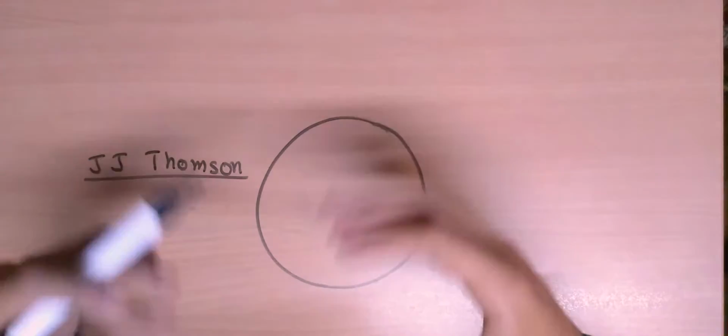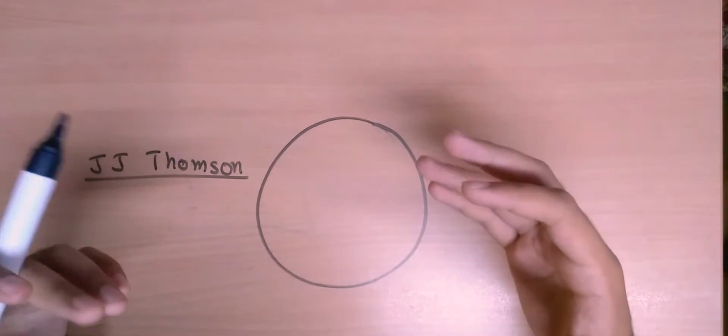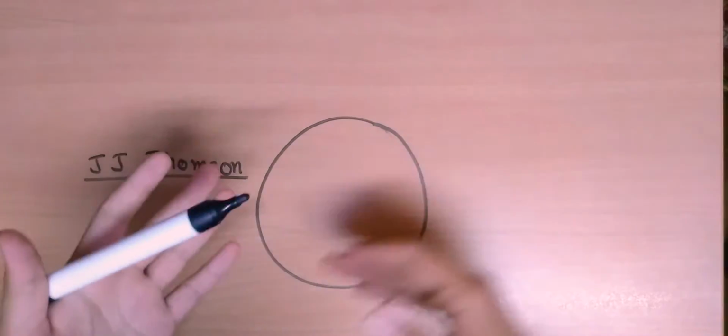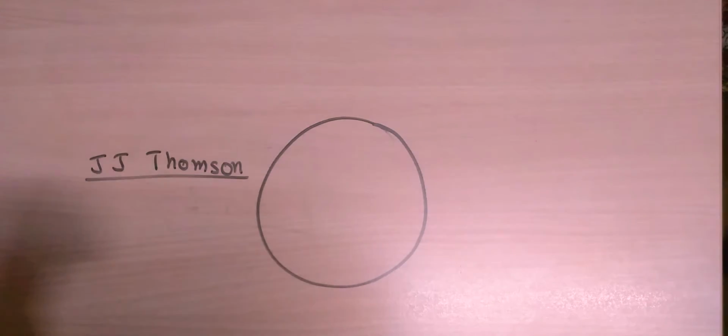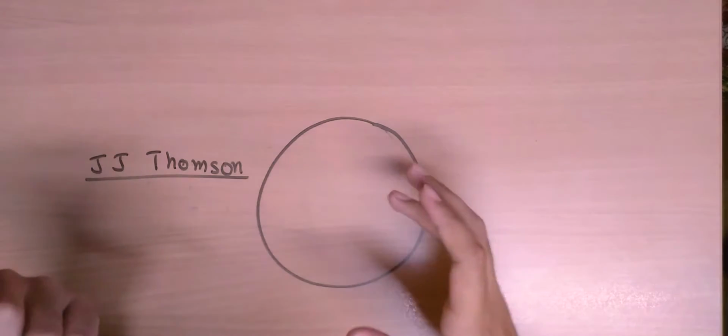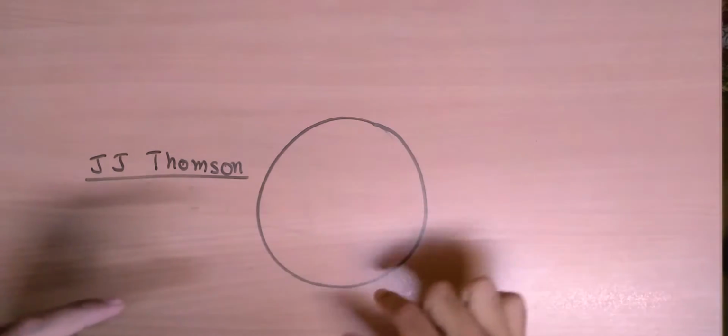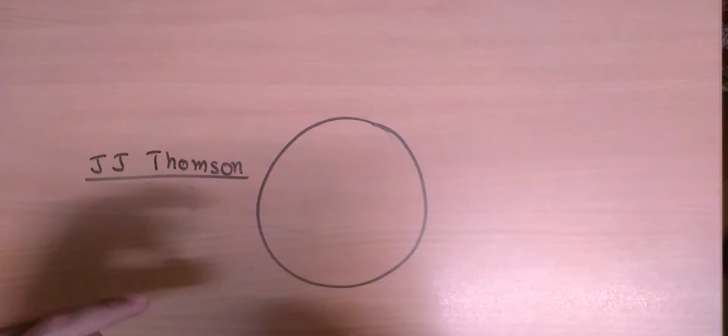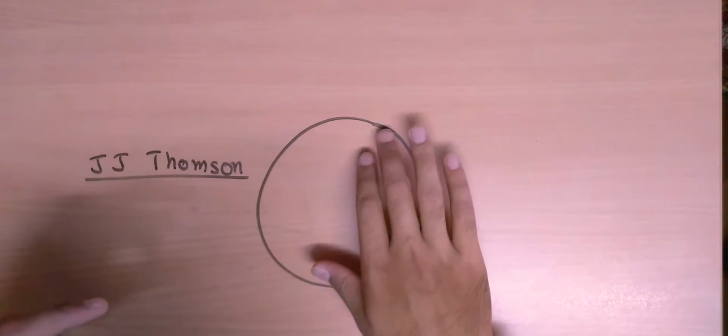Now he had the task of telling us what is inside this sphere. What is this sphere made up of? That is a very natural question that comes up. What is this sphere made up of? Is it just one solid sphere, or does it have further components inside it? So it was known that